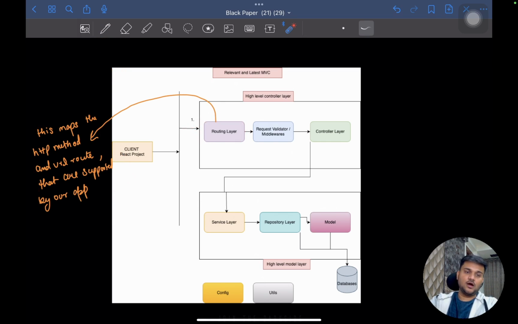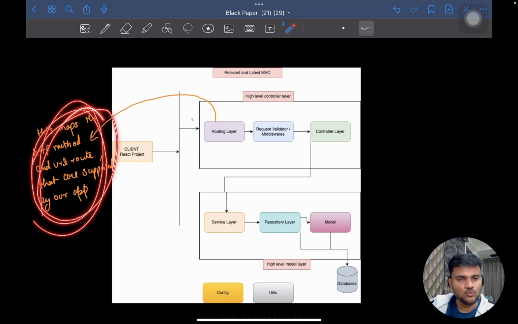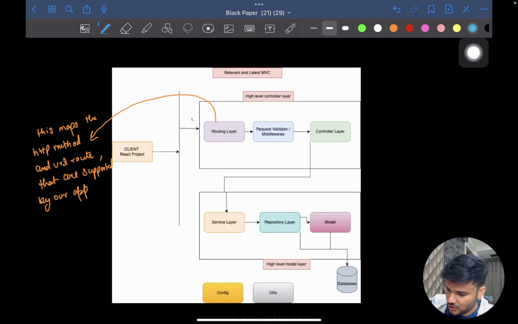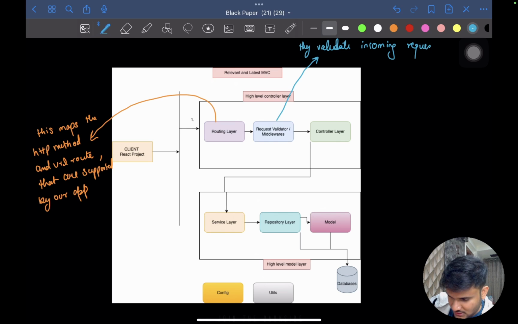Now, based on whatever URL with a particular method you hit, the routing layer forwards the request to a middleware layer. Now, what is the responsibility of the middleware layer? They validate incoming request details like